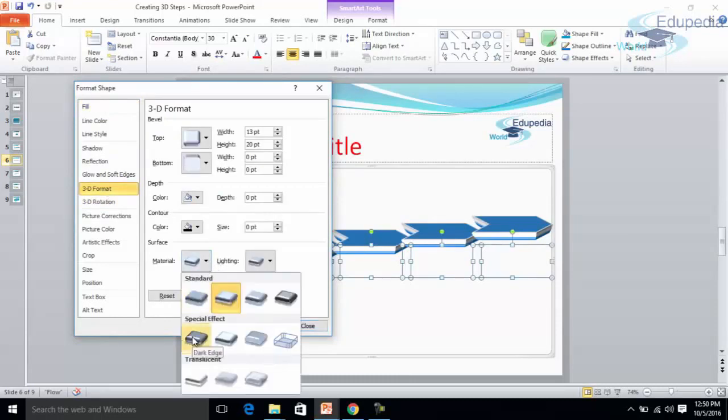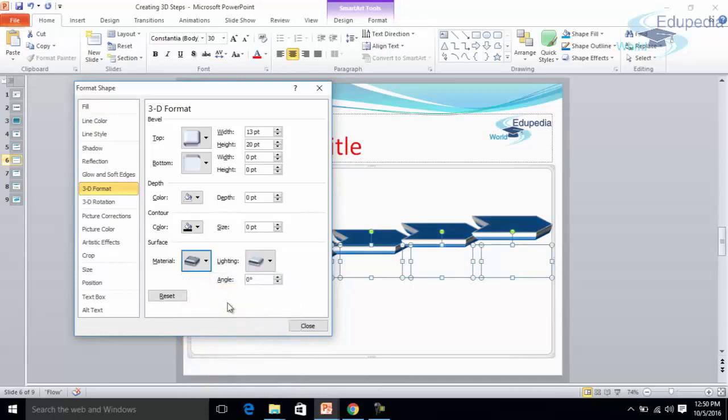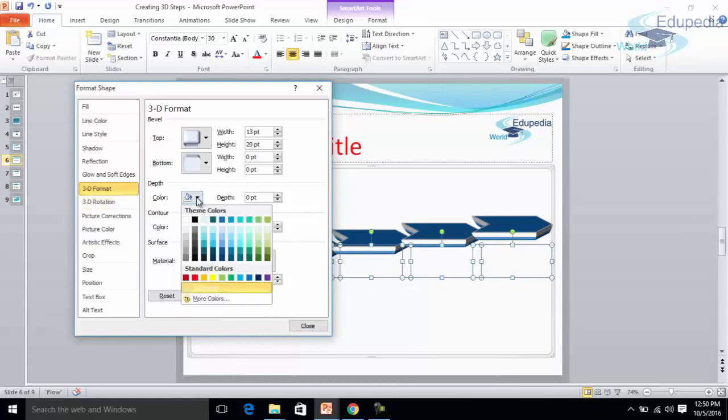Material, you can select some different kind of material, dark edges, and depth color is white. You can select some other color.